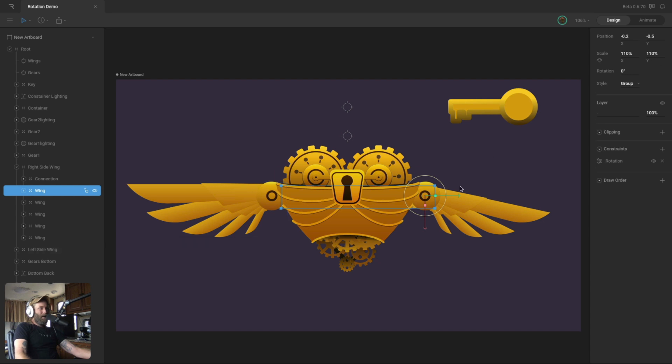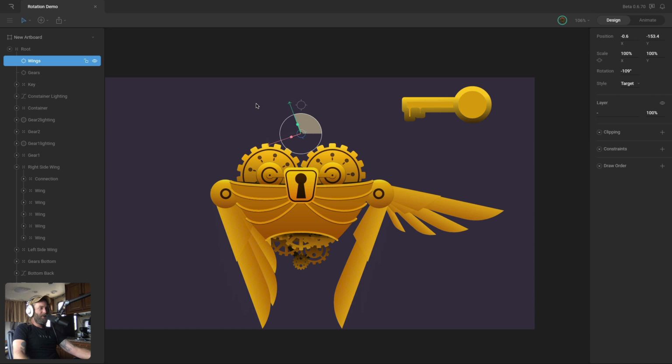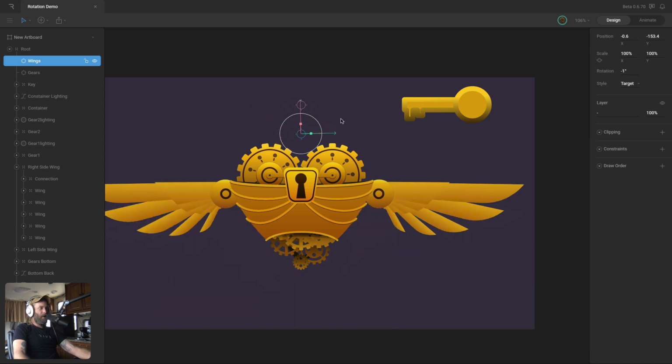And that's because of that negative scale value. So to fix that, what we're going to do is change the destination space from world to local. So now it's completely ignoring that negative scale. And you can see that the rotation is working just how we want it to. So sometimes you have to just tweak some of those source settings until you find the right one that works